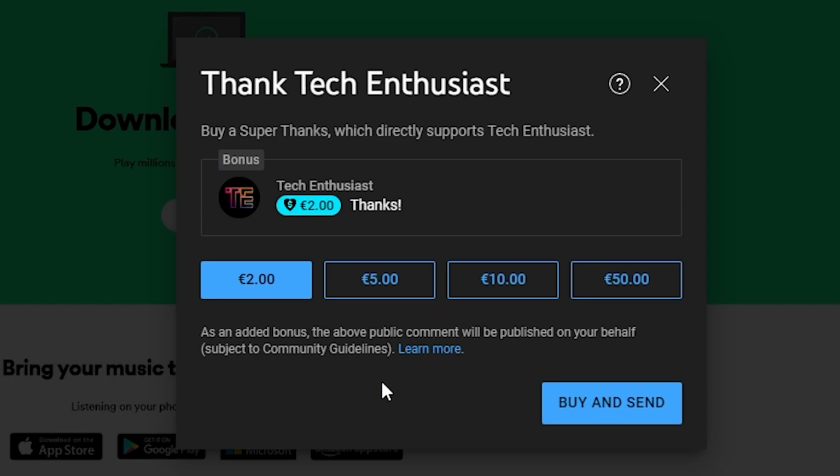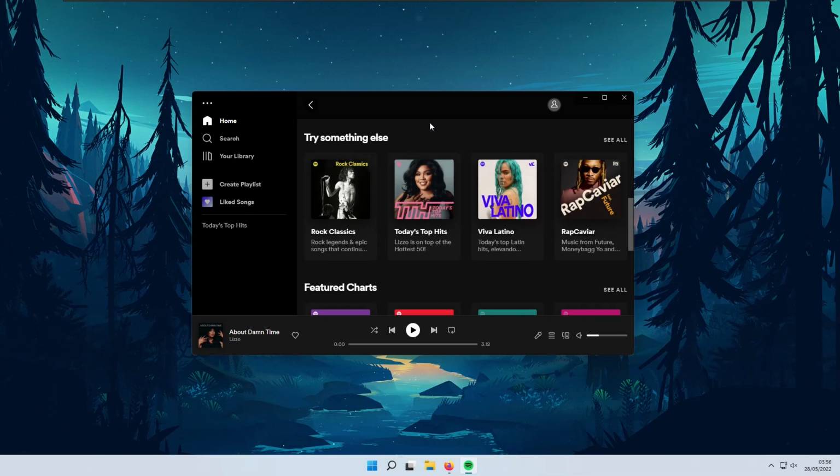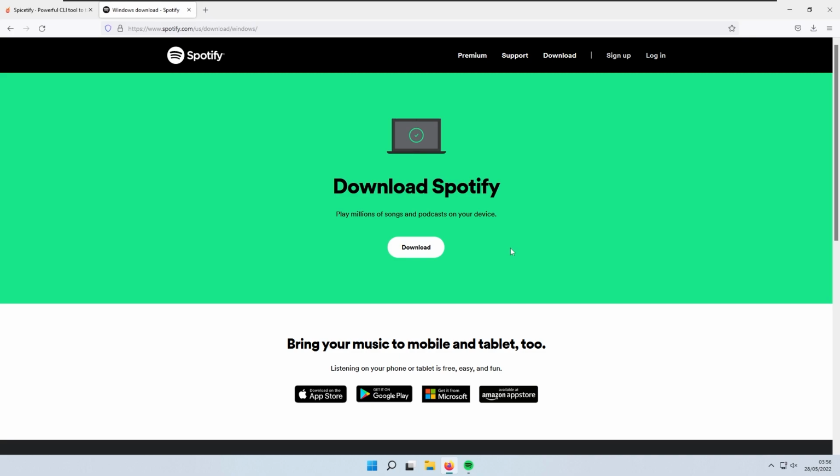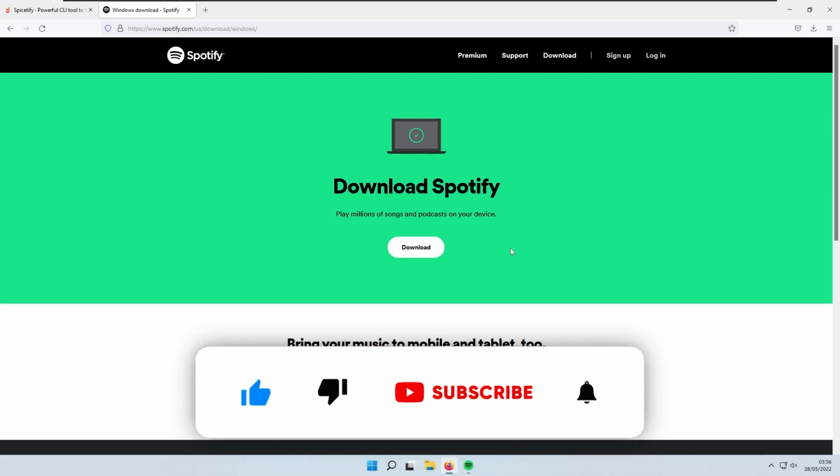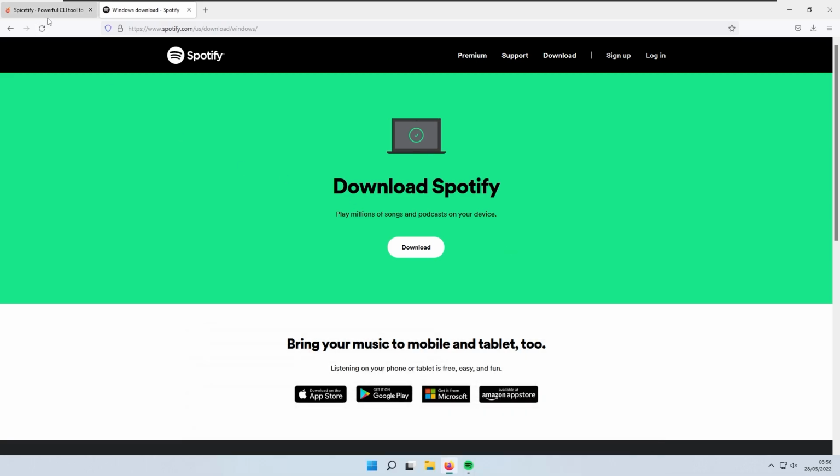Now, with all that out of the way, let's start with the tutorial. So the first thing that we are going to do is to check if you have the right version of Spotify installed. Spotify right now is offering 2 available downloads or 2 versions of Spotify, and the first one is to get the download file from their website, and then the second one is to get Spotify from the Microsoft Store. So the modification or the mod for Spotify that we are going to use today is called spicetify,